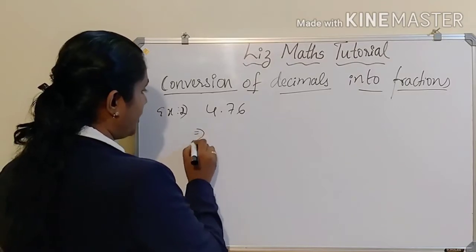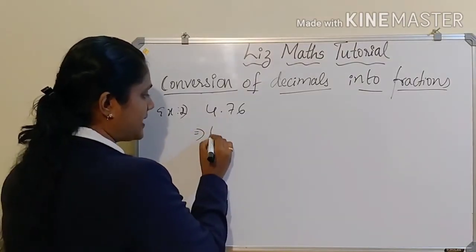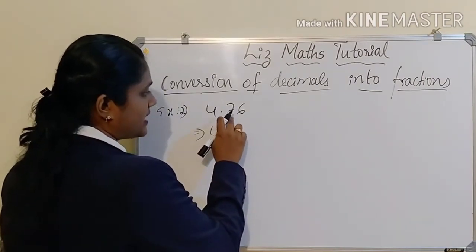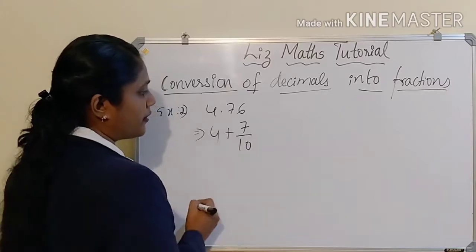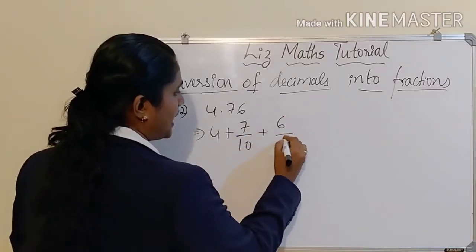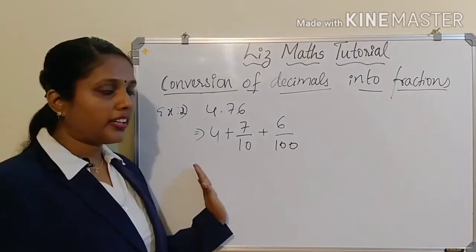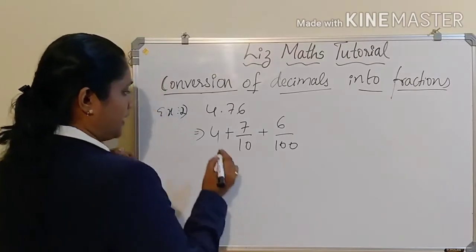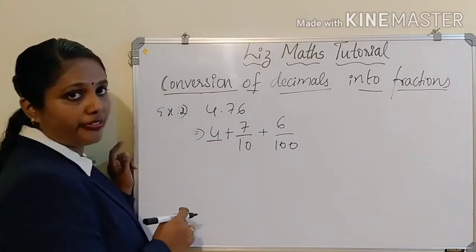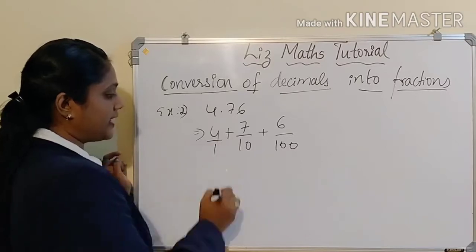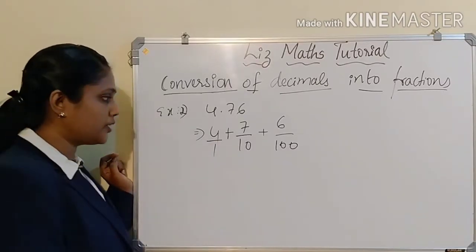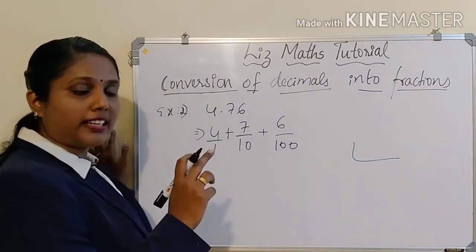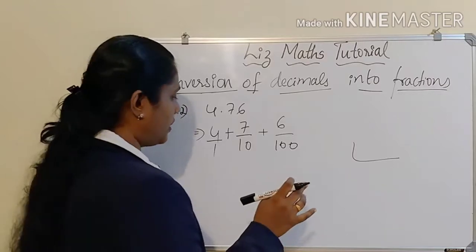So first, there is 4. What is the place value of that? It is 4 only. Then add this, here 7 is in the tens place. So go for writing that, and 6 is in the hundreds place. Write that. Now we have to together take the LCM of all these numbers, and I have told you in the fraction chapter, if nothing is there in the denominator of a number, you have to consider there is 1. Hope you understood. So here go for the LCM of 10 and 100. I have taken the previous problem's 10 and 100, which has LCM 100 only. Got it?